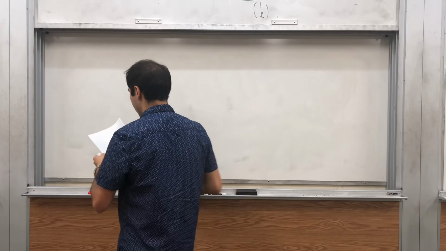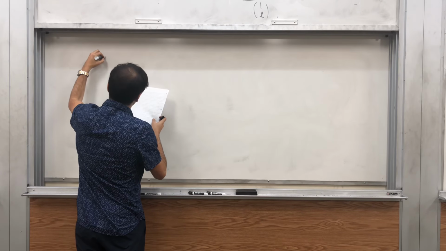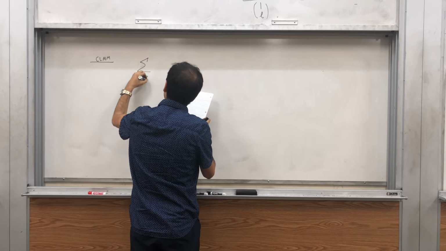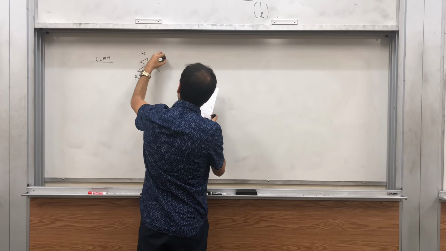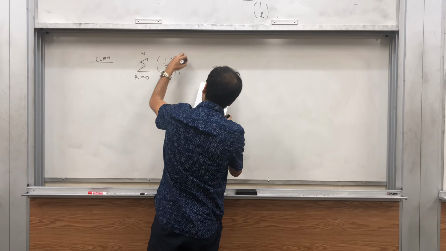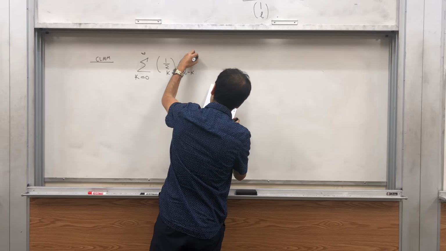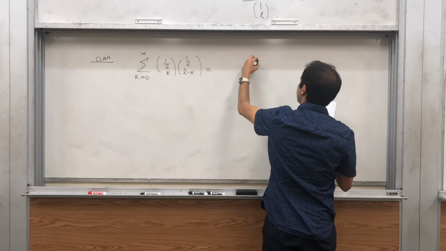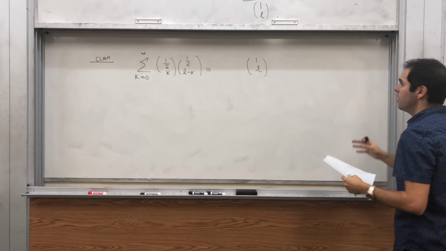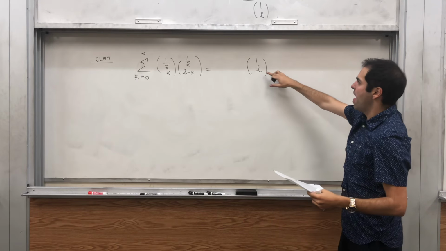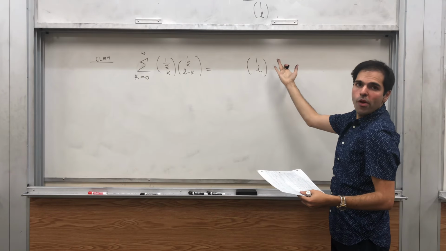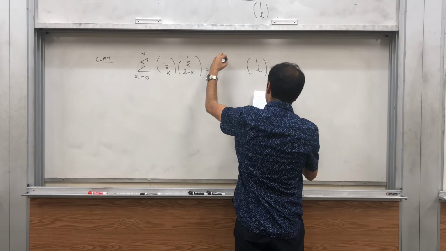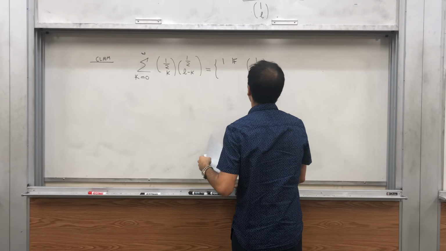So claim: all we need to show is that the sum from k from 0 to infinity of (1/2 choose k)(1/2 choose L minus k) equals, again, we want to show that it's 1 choose L. But what is 1 choose L? It's simply 1 if L is 0 or 1, and 0 everywhere else. It's kind of like the trivial Pascal triangle. So 1 if L is 0 or 1,